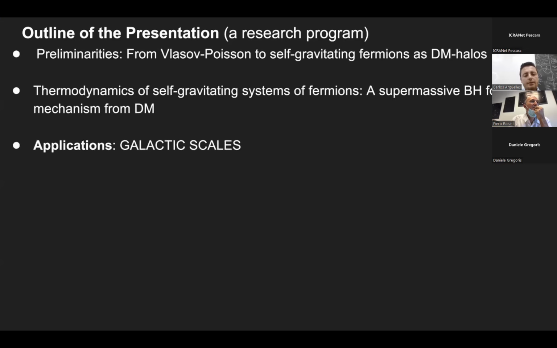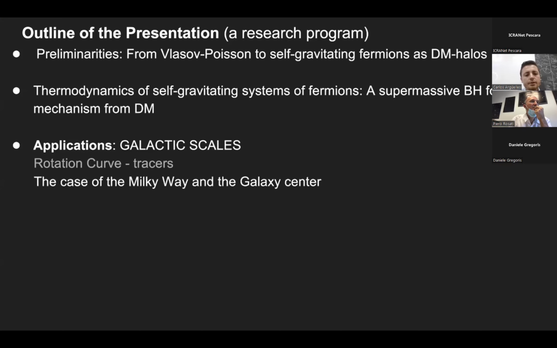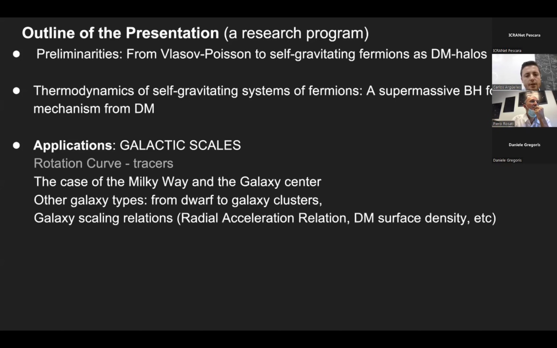Then after this more theoretical introduction, I will move to applications to galactic scales. I will discuss how these models of fermions and gravity can be tested against rotation curve tracers. So we'll discuss the case of the Milky Way as well as of other galaxy types from dwarf to clusters. Then I will also discuss application to galaxy scaling relations, the so-called radial acceleration relation, the dark matter surface